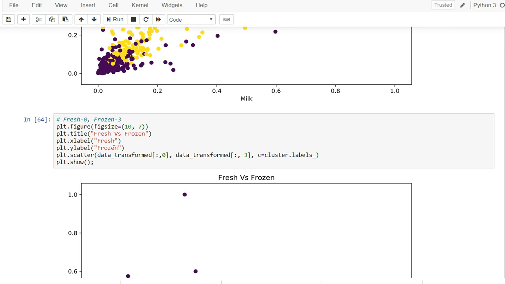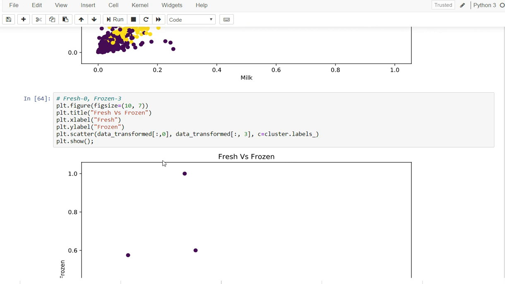Here you see the columns we are selecting from the data transformed. All the rows of the 0th column, which is fresh, all the rows of the 3rd column, which is frozen. This is how we select different columns in NumPy. So using these two columns, we have